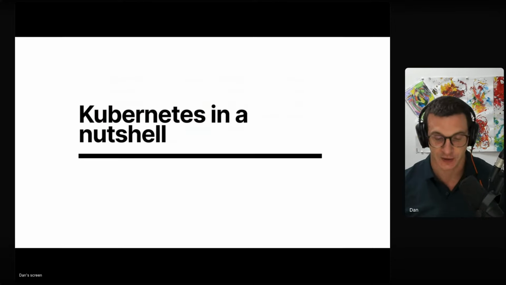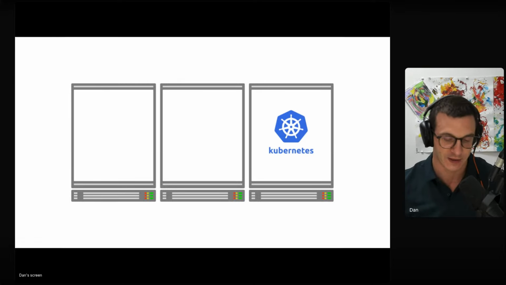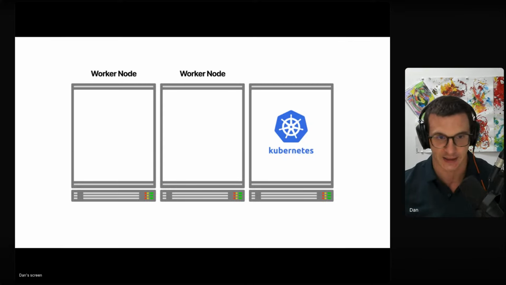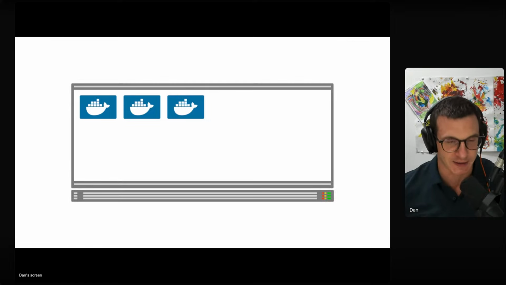Cool. So let me just start from the beginning, set the scene, and explore what we're going to cover today. First of all, what we have is generally a Kubernetes cluster. A Kubernetes cluster is a collection of servers where one of these servers is the control plane and the others are worker nodes. We generally join them together into a cluster, and this cluster generally looks like a single unit. Then we deploy workloads in this single unit by just doing kubectl apply. And this will basically create these pods, these containers in the cluster.